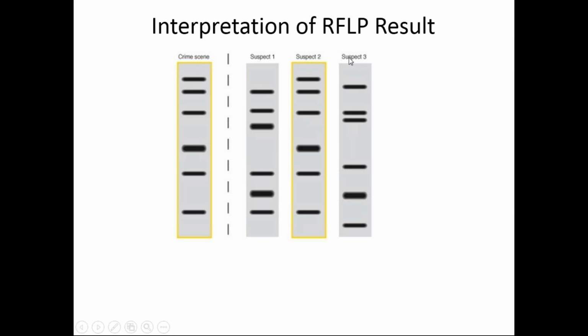So for those 3 persons, again, we extracted their own genomic DNA and digested it in the same way by utilizing the same restriction endonuclease enzymes and developed the band patterns. On the basis of such band patterns, we identify that these band patterns exactly match the suspected one's band pattern. And in this way, we can identify the crime perpetrator. So in this case, on the basis of the RFLP pattern, we can identify that individual number 2, or suspect number 2, was actually involved in the crime.